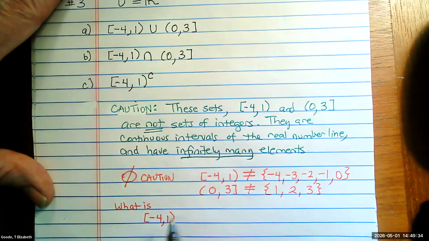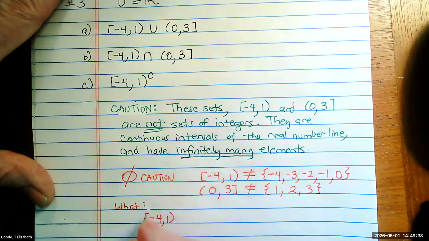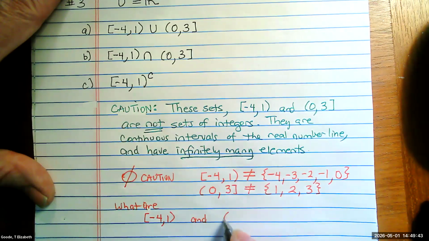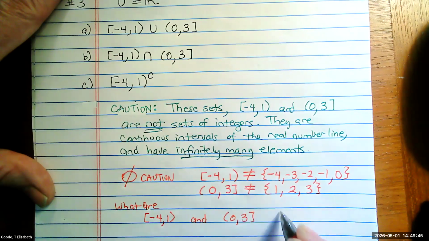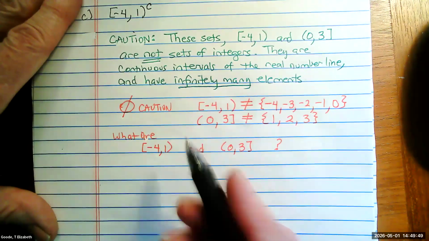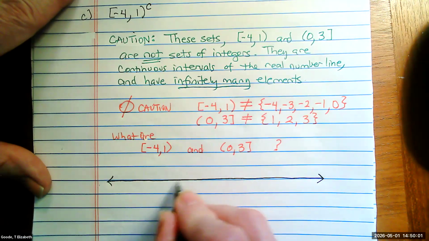So what is -4, 1? Or maybe I should say, what are -4, 1, and soft bracket 0, 3 square bracket? If they're not this, what are they? Well, let's draw a picture. Everything else outside of it. Well, the complements would be everything outside of them. But let's just start by figuring out